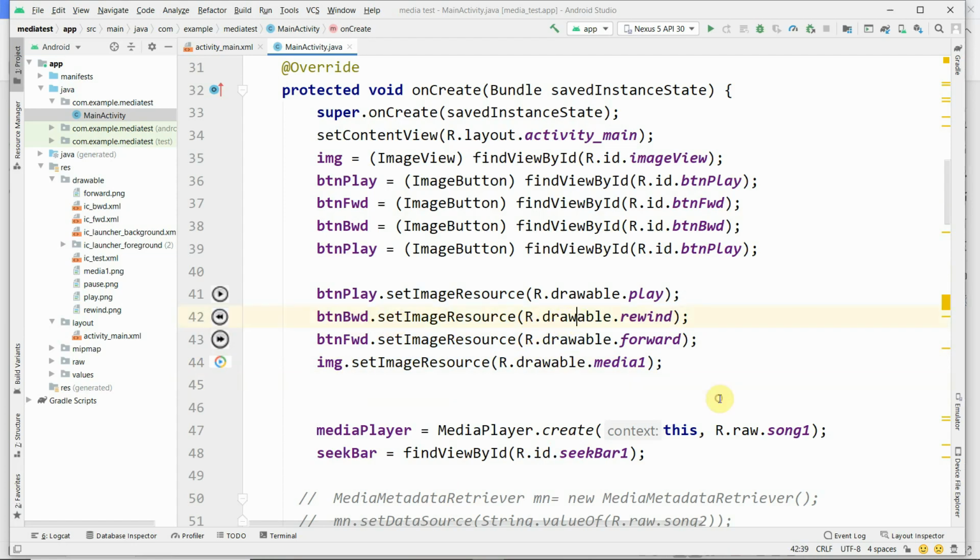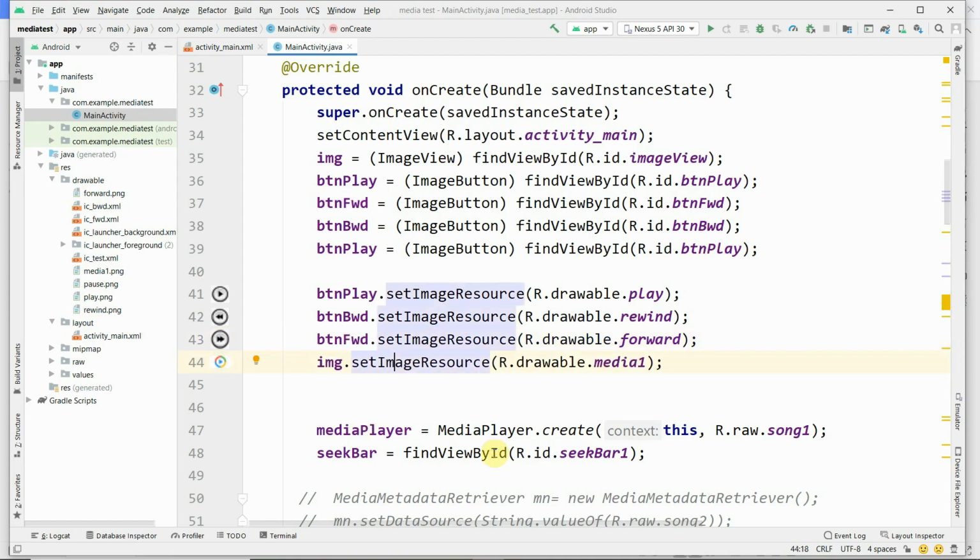R.drawable.rewind is the image set to btn_backward. There is a rewind image, that is rewind.png. You can see here it is set for the backward button. And R.drawable.forward, the forward image, forward.png, is there in the drawable folder. It is set as the image source for the forward button object.